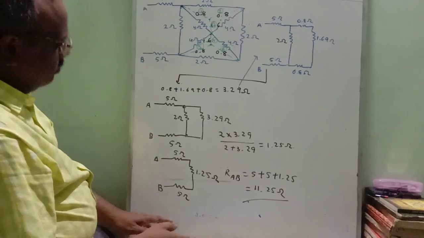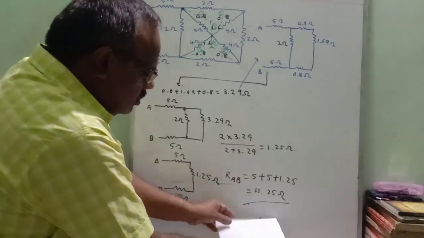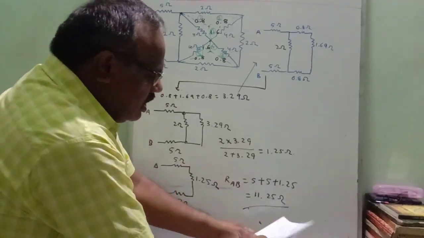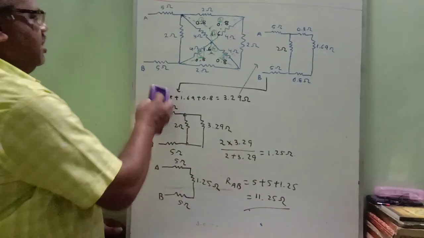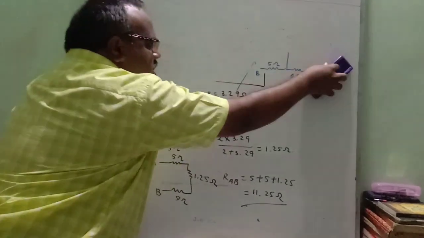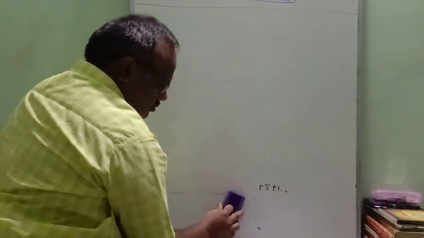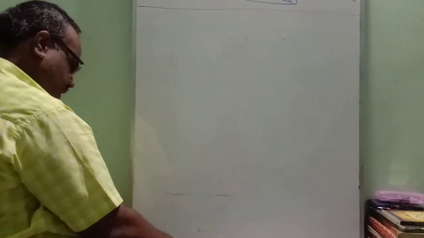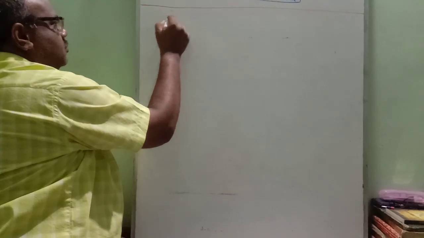Now suppose there will be a question in which you are getting 6 delta. Then how to solve it? Suppose there are 6 delta. If there are 6 delta, then you have to choose the alternative delta. Suppose the question is like this. The question is, suppose